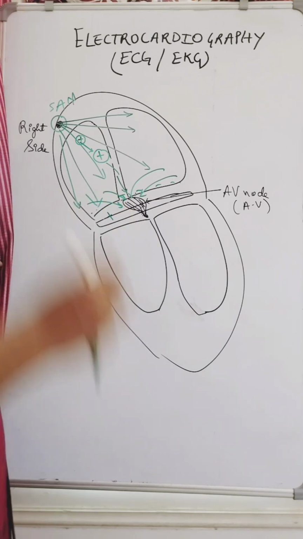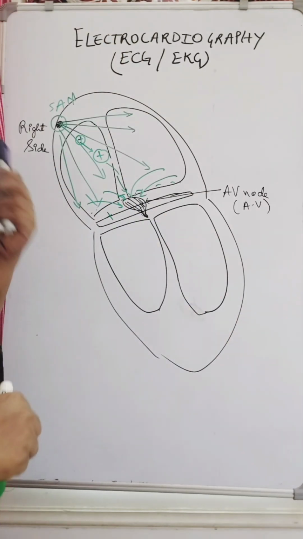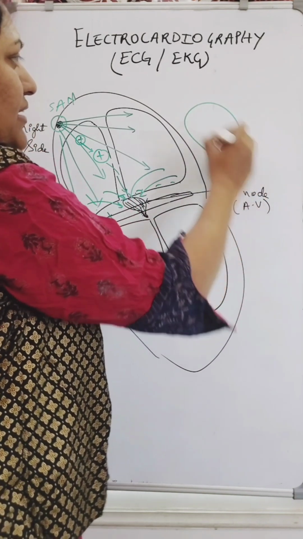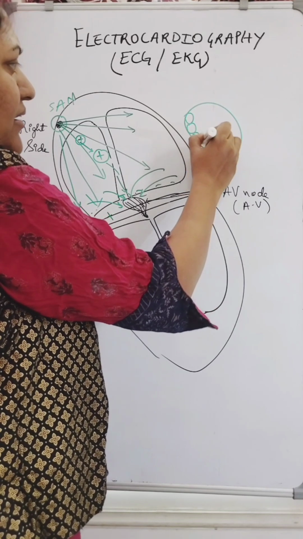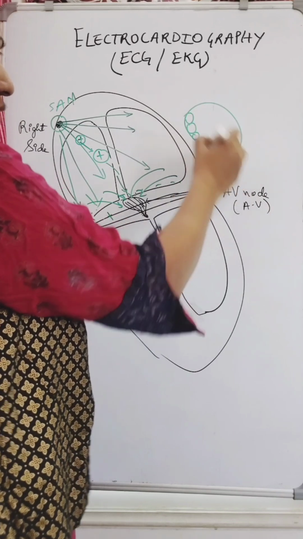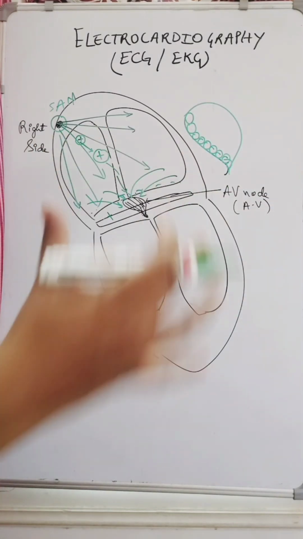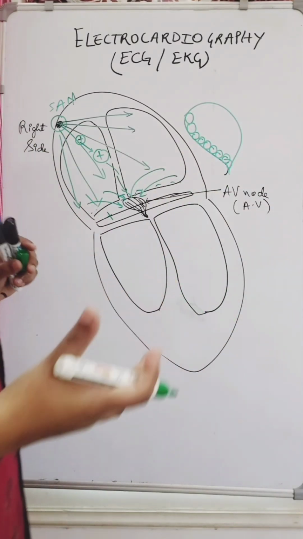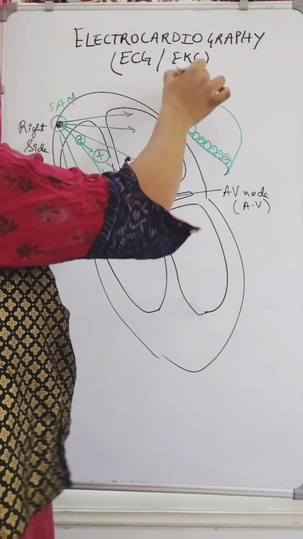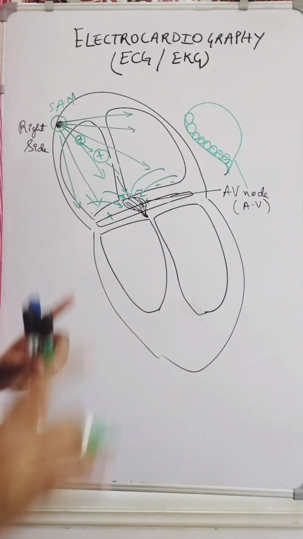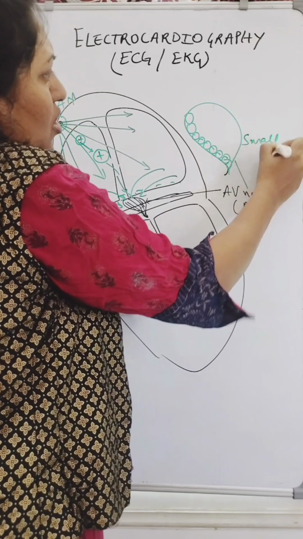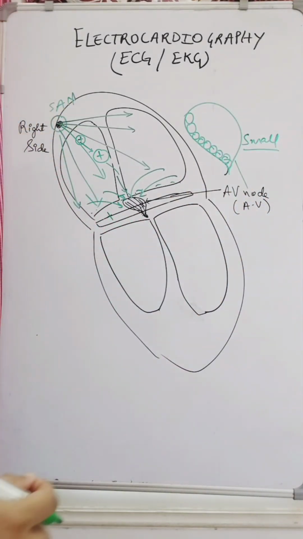If you see my previous video, you can find that in the AV node, all the cells are very, very tightly packed. It is a very, very compact mass. So there is no free space or free surface area between the cells, with the maximum kind of intercellular junctions called gap junctions, so that conduction is very fast. It is not like that in the AV node, since it is a very, very tiny, small tissue.